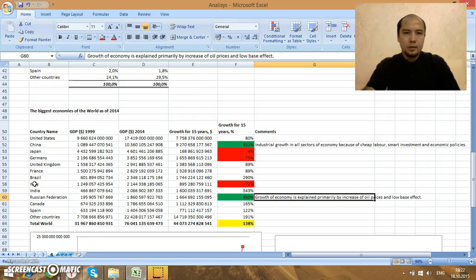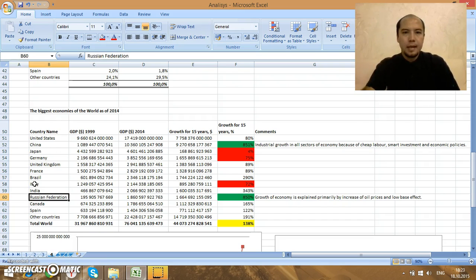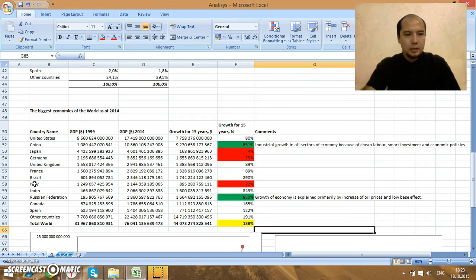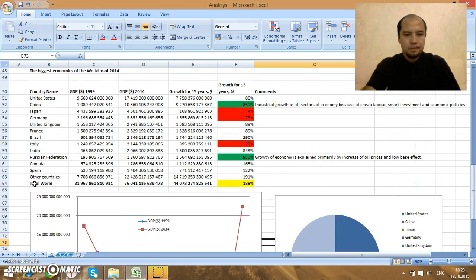They increased till 2008 to $1,050 per barrel, but afterwards they began decreasing. And we know that in 2015 the Russian economy goes down. So this is the figures for economies,